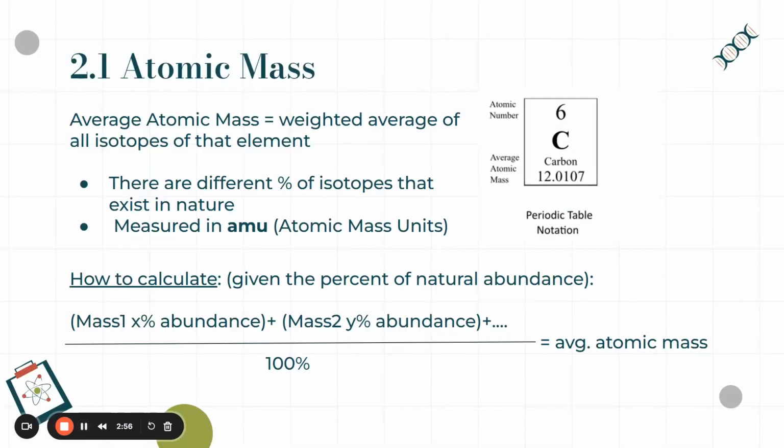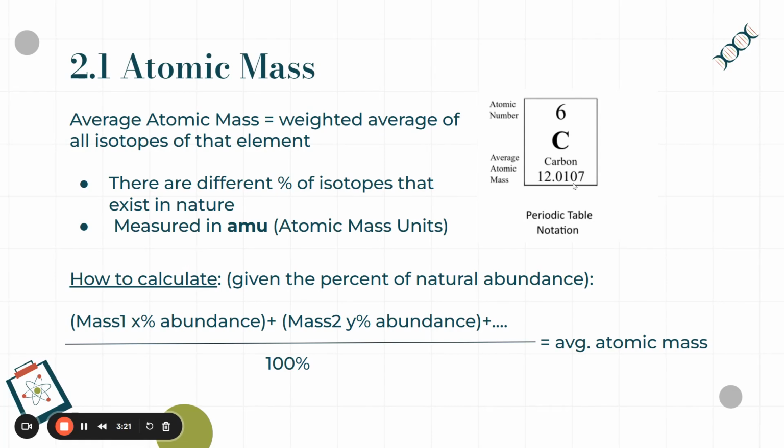2.1 Atomic mass. The average atomic mass of an element is the weighted average of all isotopes of that element, and there are different percentages of isotopes that exist in nature. If you look on the periodic table, the average atomic mass is usually listed at the bottom of the square. So in this example, the average atomic mass of carbon is